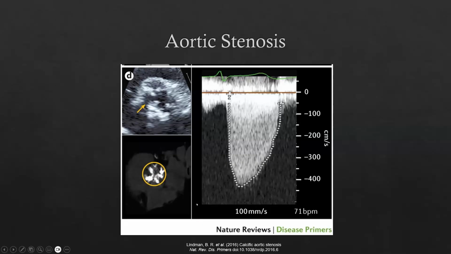Doppler echocardiography is the method of choice for diagnosing aortic stenosis, as well as for its follow-up. You can see here a short axis echocardiographic view of the aortic valve. The arrow is pointing to echogenic calcification, and the valve orifice is decreased. This is quite small. And this corresponds to the non-contrast CT showing similar calcification along the aortic valve leaflets. Over here on the right, this is a continuous wave Doppler showing a quite elevated transvalvular velocity over 4 meters per second, which puts this person in the severe aortic stenosis category.